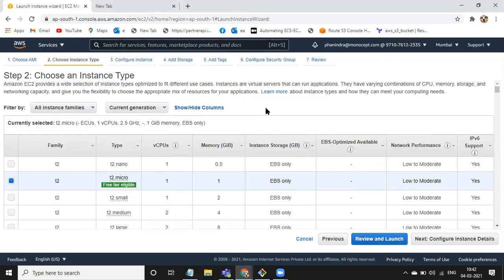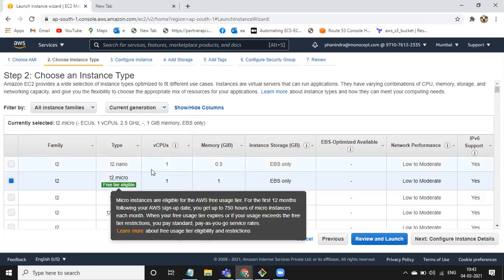Before going to production, you will benchmark them. Your lead or your architect will benchmark, meaning what is the best size of the server that your application can handle. As of now, today I am going to launch a server with T2 micro, for which we are getting one virtual core CPU and 1 GB of RAM. Basically this is free tier. It is free for 750 hours. You can use this server for free up to 750 hours. After that they will charge you.